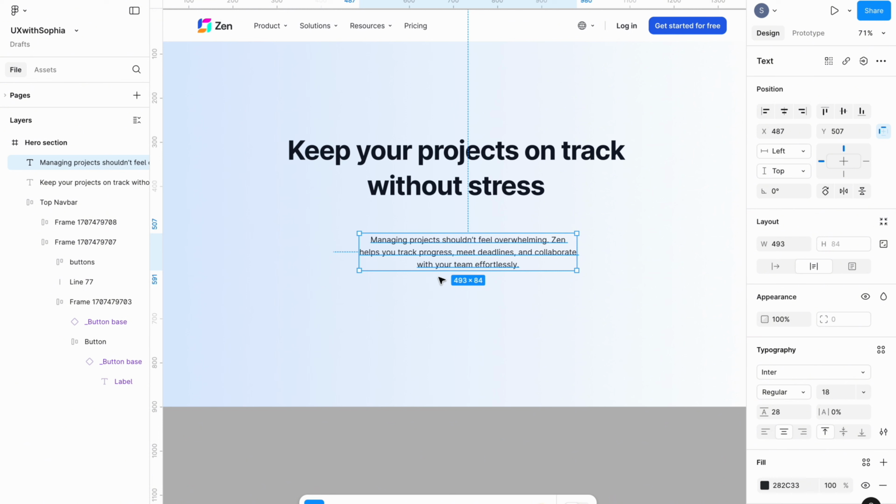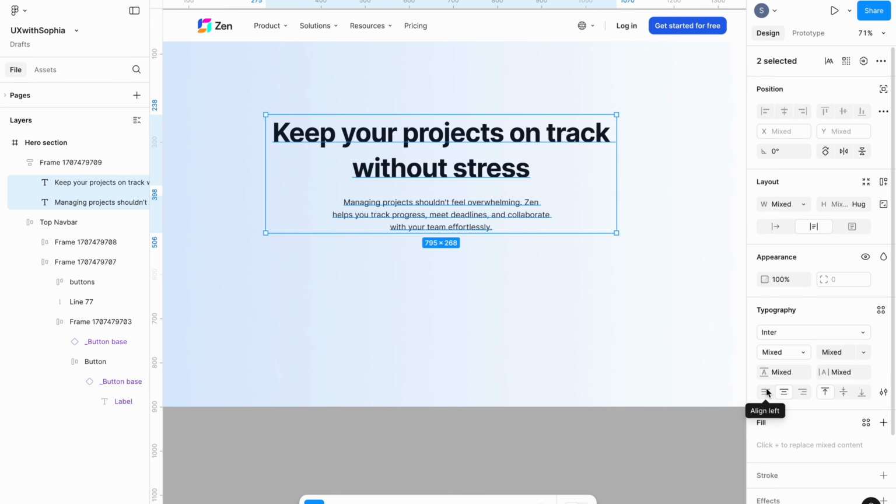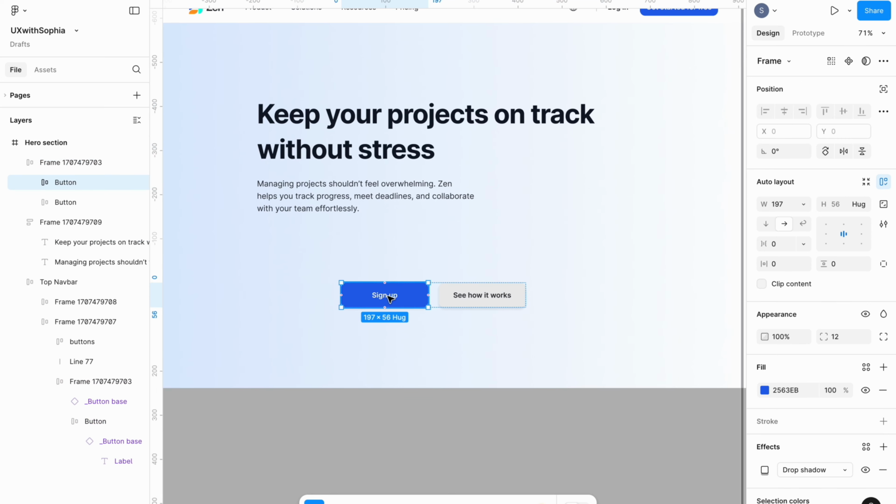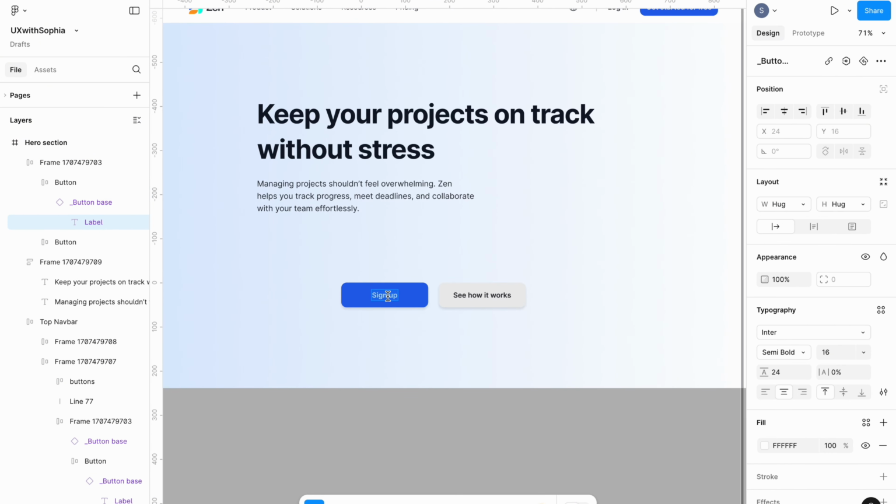And it also clearly explains the product's value, like the value that users will be getting, which is they'll be able to track their project's progress, they'll be able to meet deadlines because it takes care of everything very fast, and then they will be able to collaborate with their team. I'll highlight both of them and align them to the left. We're going to change the primary button to get started